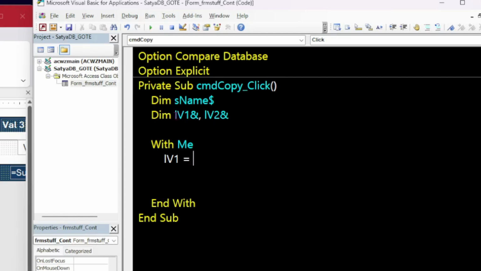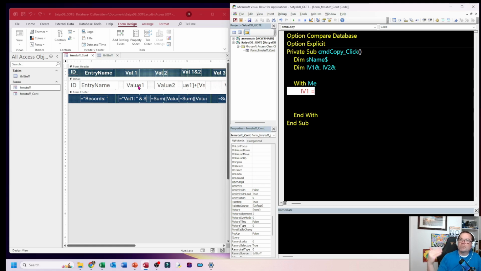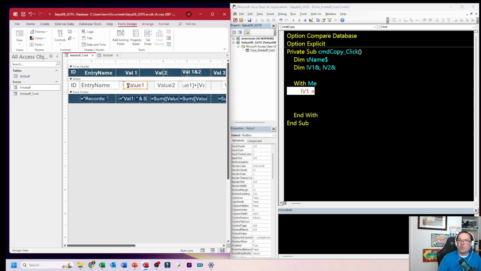So my variable lv1 is going to equal value 1 times -1. So if value 1 is negative, it will make it positive. If it's positive, it will make it negative. However, one thing we must remember